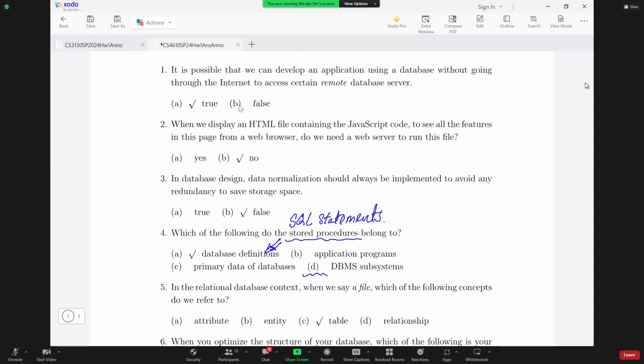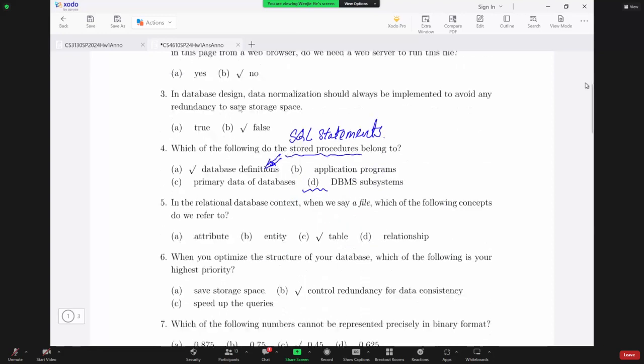When we export the schema, everything contained inside the schema, including stored procedures. So that's the reason we treat it as the database definition part. The metadata, okay? The metadata contains that. So that's some basic understanding. All right, a few students missed this one. Others,